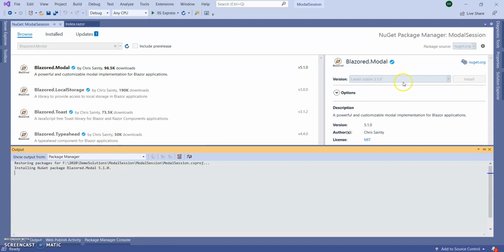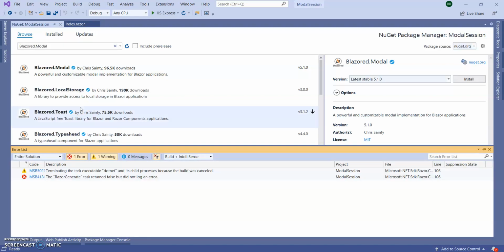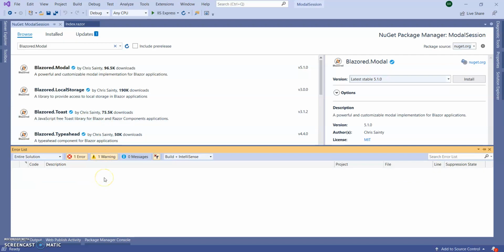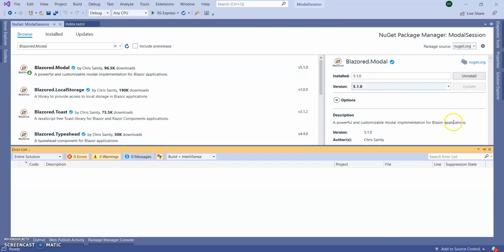Once it got installed, we need to do some modification with our existing pages, just like index.html. In case of Blazor WebAssembly, there is no error. Save the application and close it.